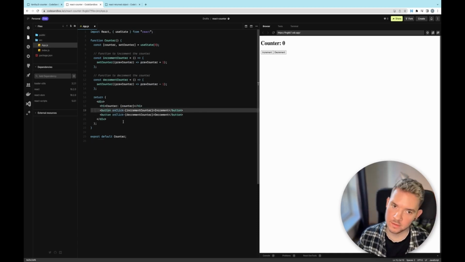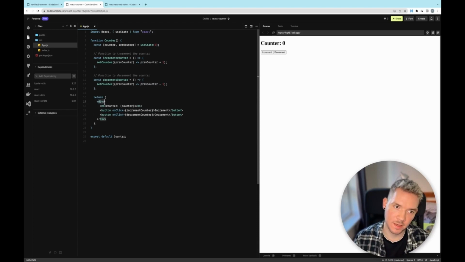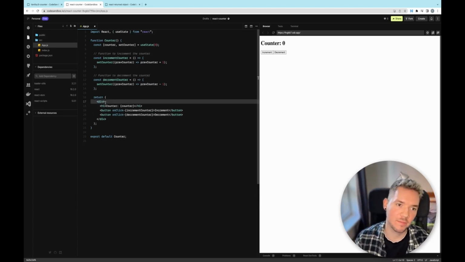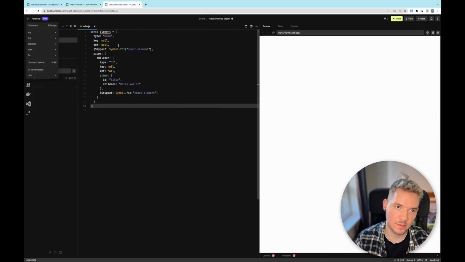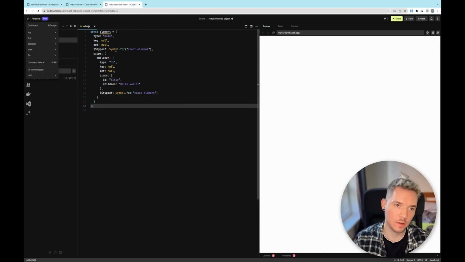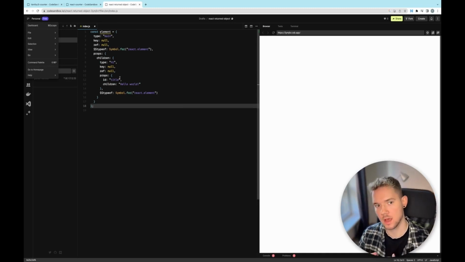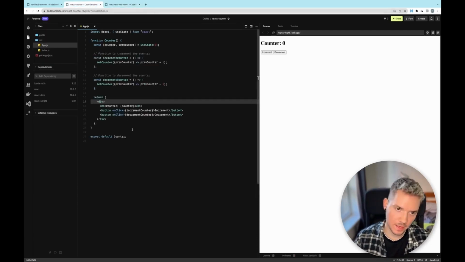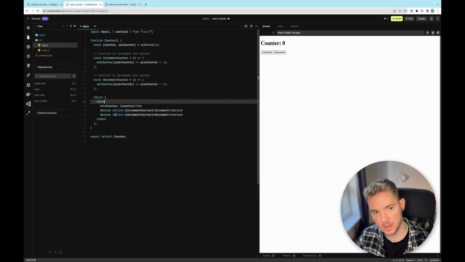How it looks under the hood, it's just an interpretation, it's not a real HTML tag. Under the hood it looks like this. It's also a JavaScript object with all properties, all children,